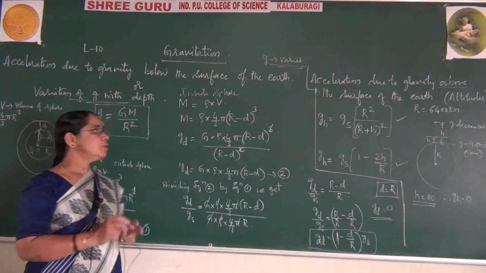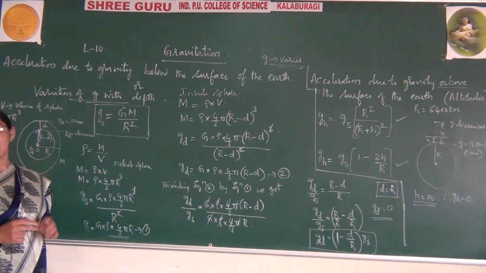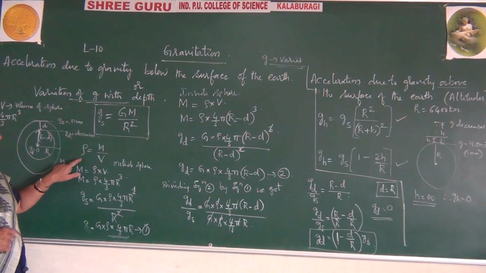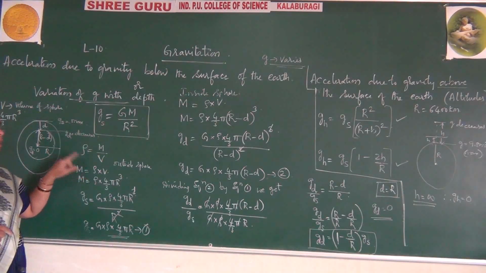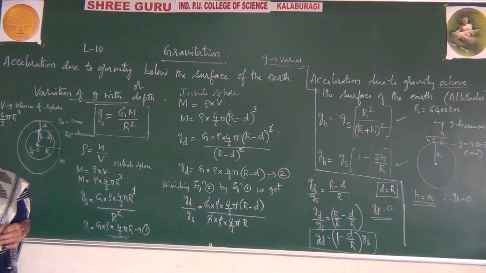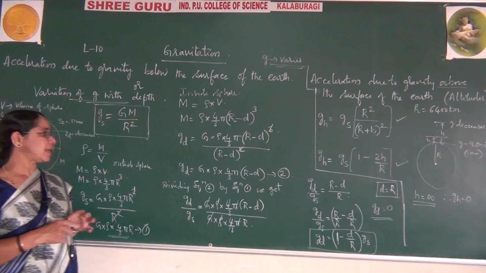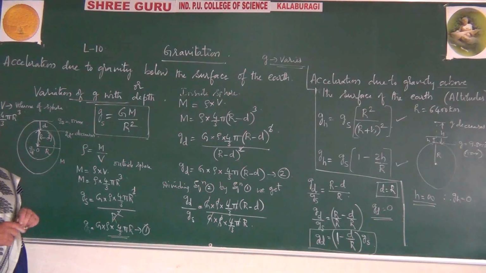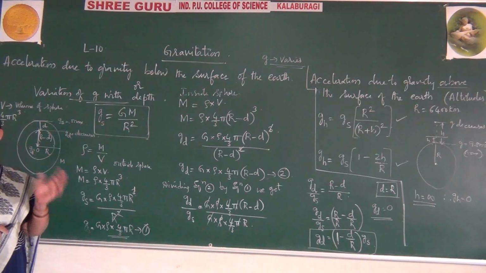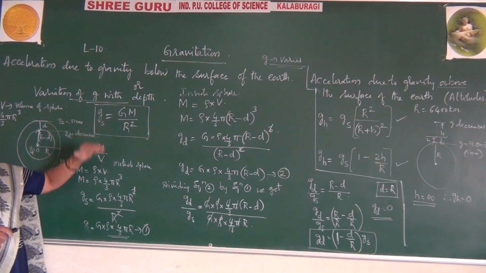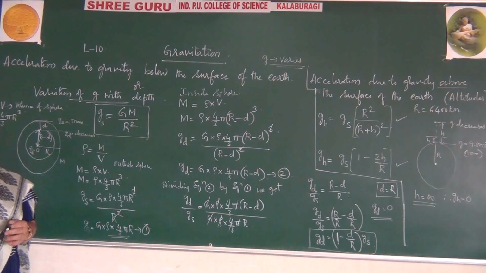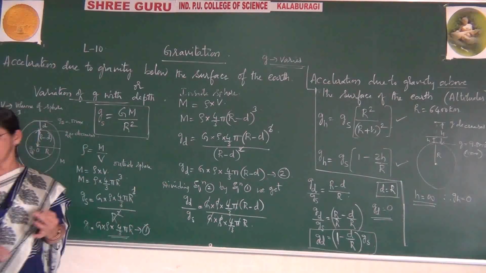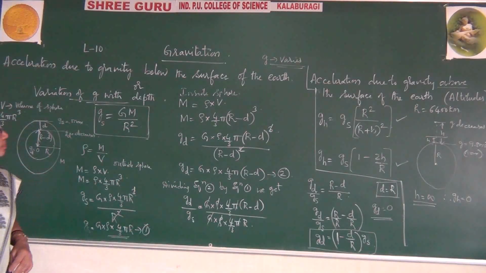Now, I just want to give one problem which was given in Karnataka CET 2020 based on this depth. Let me highlight what type of question they have given. In Karnataka CET it is for 1 mark, but even then they have used 2 formulas in it. Let me show how we have to use the 2 formulas. I think you have followed all these things. Now let me go for the problem.